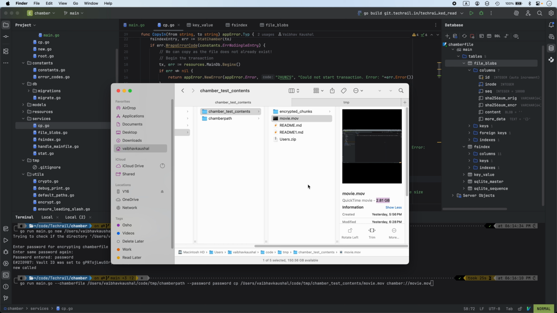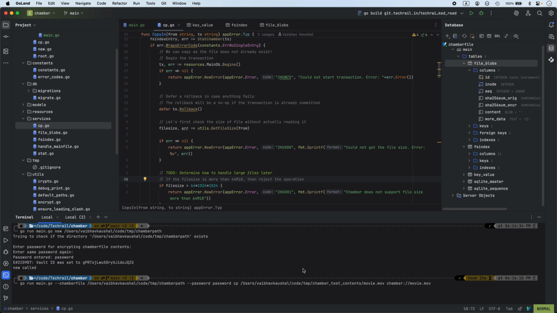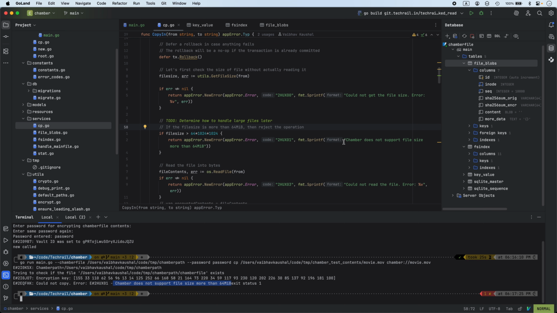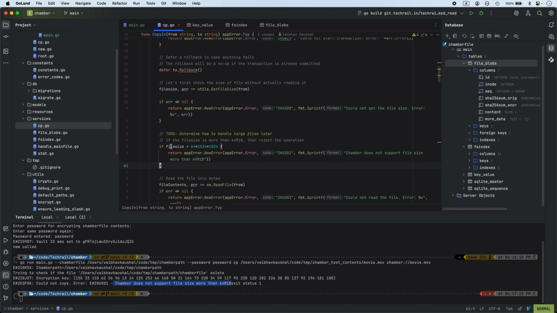No way this is gonna fit inside a single SQLite blob. And if I run it now, I guess I should be getting an error. Yep, could not copy, and it says chamber does not support file size more than 64 MB. Lovely. And that's it, right? So we have to remove this limitation, and we have to introduce some kind of a for loop to read